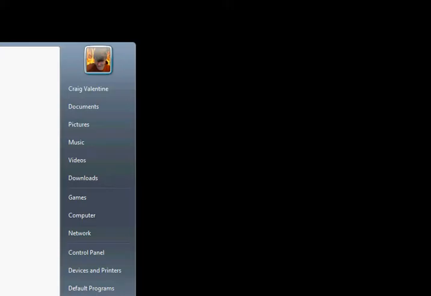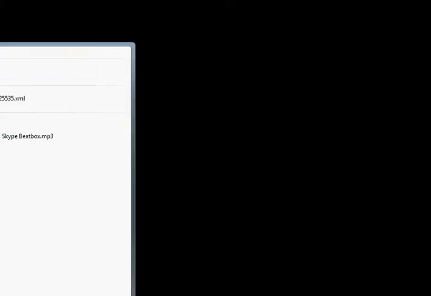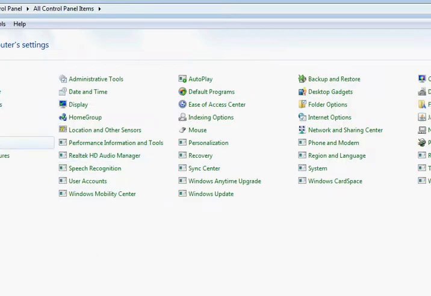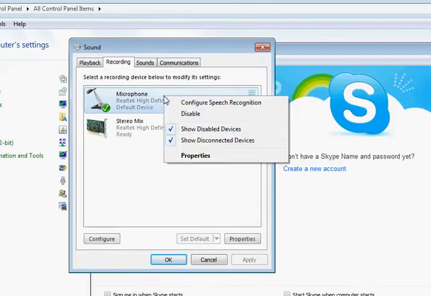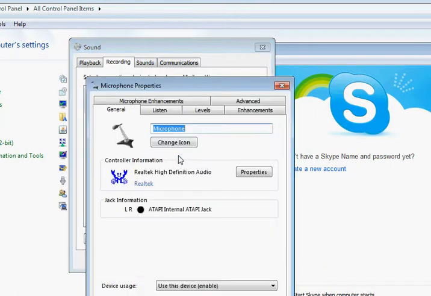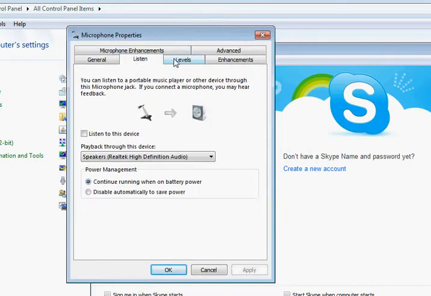choose the program you're going to connect your Bluetooth mic to. So if you're using Skype, open up Skype. Now before you log in, go to the control panel. Go to Sound, if I'm not mistaken, Recording, Properties, and then